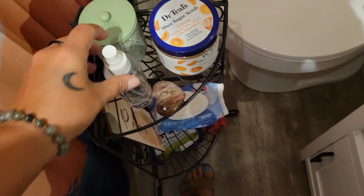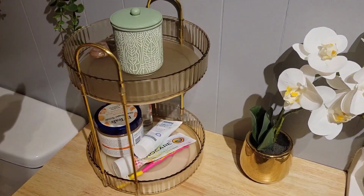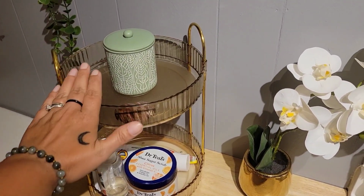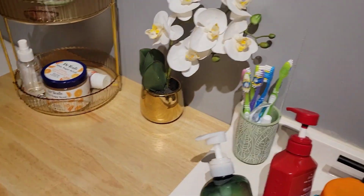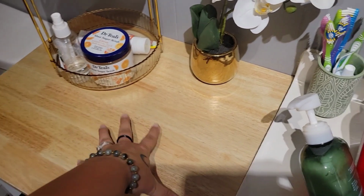So we had this black shelf in here before, and I thought, you know what? We'll just put this stuff on there. Look at that. Oh my goodness, I love it. I'm gonna get some of my most used hair products and stuff and put them in here for me and Ella. But for the most part, this was about giving us countertop space for when we're doing hair and